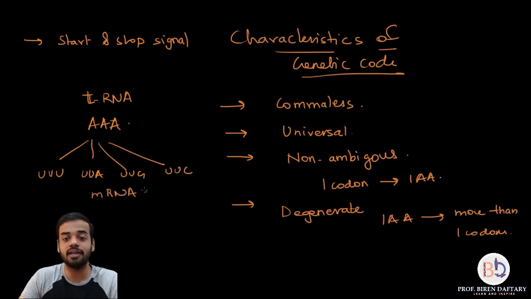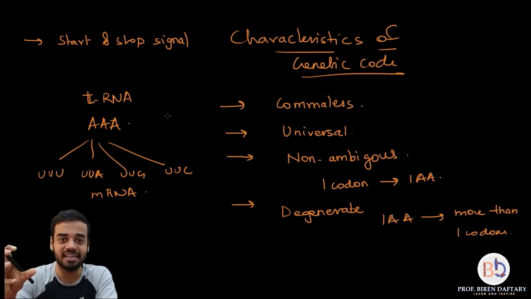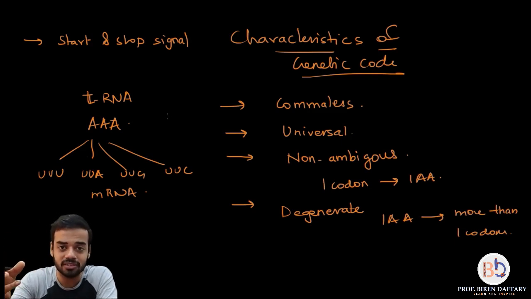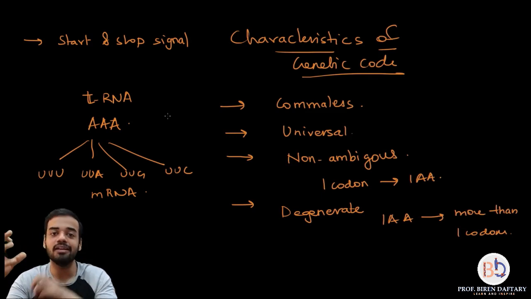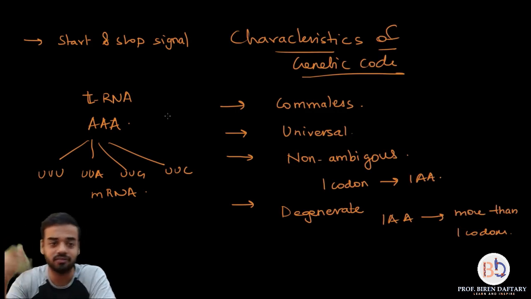Now this is called degeneracy, or it is also called the wobble hypothesis, because when the bonds are formed, the first 2 nucleotides are forming bonds, but in these 3 examples, A and A cannot form bonds. Similarly, A and G cannot form bonds, A and C cannot form bonds, but still the first 2 bonds are enough to keep the structure more or less stabilized. It is called wobble because slightly the molecule becomes unstable because the third base is not bound by a hydrogen bond, but still it remains intact. So that is called the wobble hypothesis. It was given by Crick. This example is given in degeneracy of the genetic code.